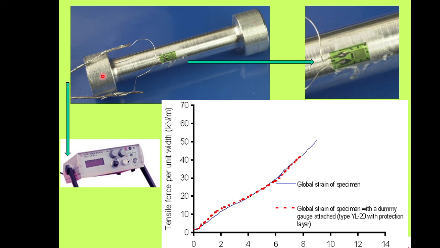We apply the force, the stress field, in this region. The strain gauge does the sensing, and that measurement is reflected in this strain indicator. Then we make a plot of that: strain versus load or stress versus load.